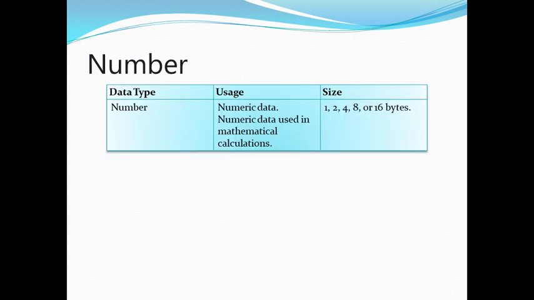Now next we will see number. If you want to store any numeric data, data which contains integer values as well as decimal values, for that we use number. You can have a question: ma'am, when we can use the text data type to store numbers, why are we taking number as a separate field, fine?